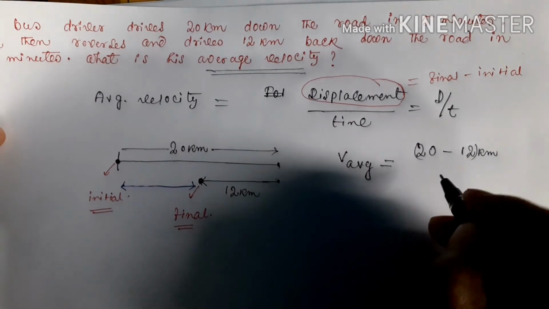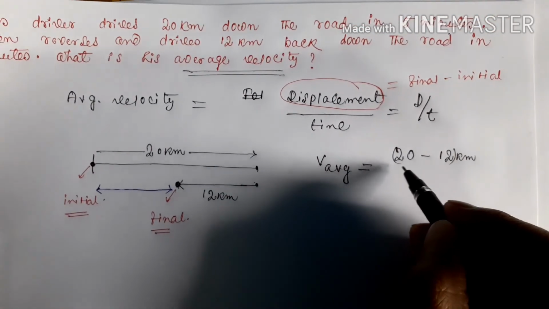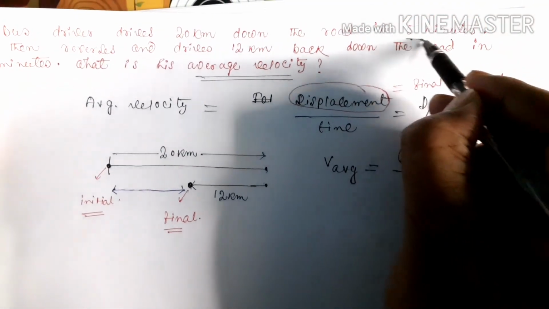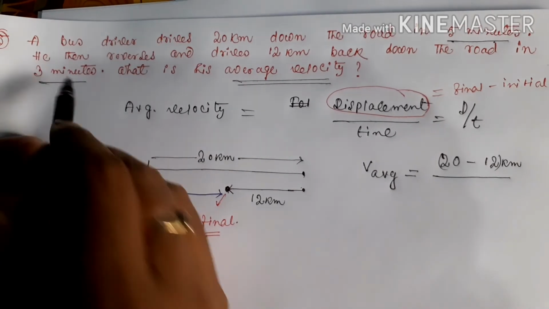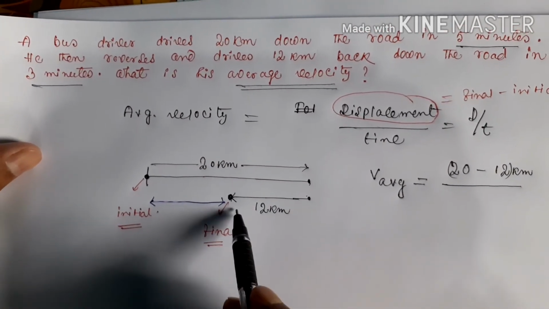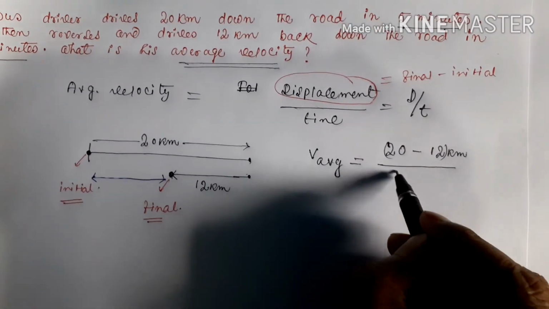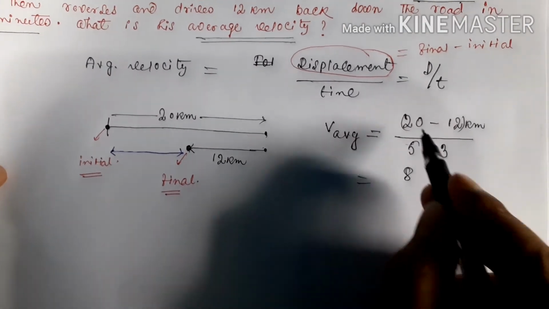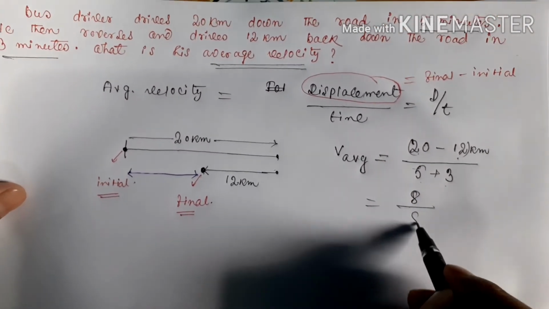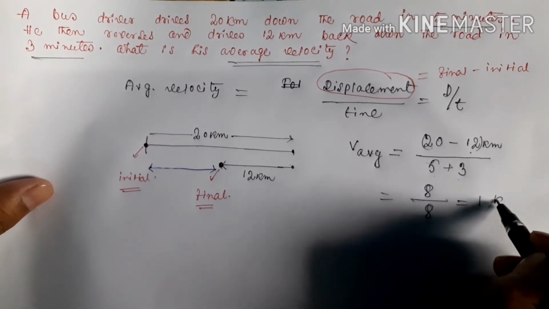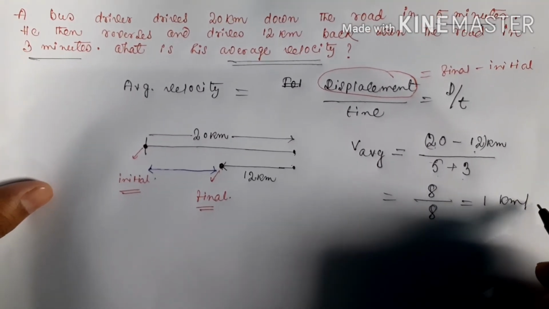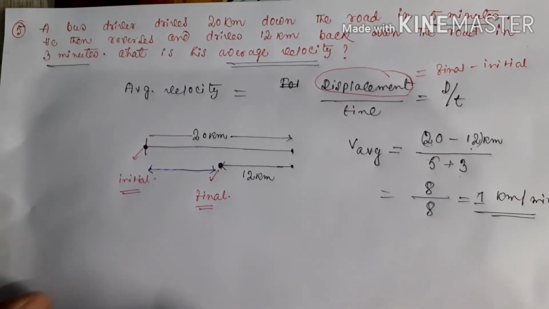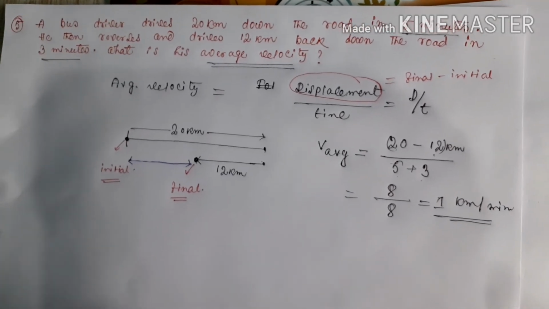So definitely from here you will get the displacement, 20 minus 12, divided by the time taken. Time taken is how much? 5 minutes first, then 3 minutes. So in this direction 5 minutes, in this direction it moved 3 minutes. So the total time taken is 5 plus 3, so you will get 8. 20 minus 12 divided by 5 plus 3, which is also 8, is equal to 1 kilometer per minute, as the units are given. Okay, you can convert it to meter per second or kilometer per hour, that does not matter, but here is the answer. Maybe you all understood that one.